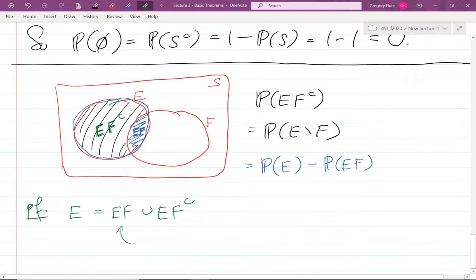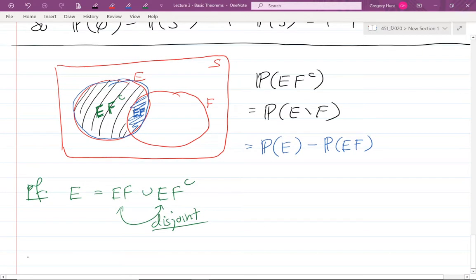Notice that these two things are disjoint. Whenever you see disjoint sets, you should be thinking of our third additivity axiom. That is, if I want to calculate the probability of the disjoint union, I can just add those probabilities. So axiom 3, the additivity axiom, says, aha, if I want to calculate the probability of E, that's the same